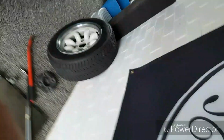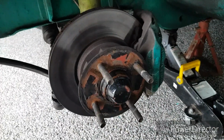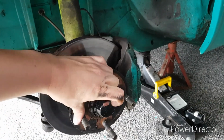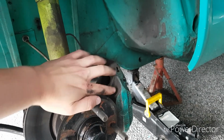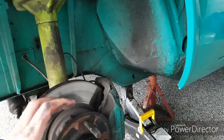In this episode we carry on the work on the MK1 Escort, but this time she's actually running. So this is what I've got to work on. This is a Princess AP 4-pot caliper, and at the moment I've currently got a bit of binding. As you can see there, it's not freely spinning. So I've got to take the caliper off and just have a look at the pistons and make sure